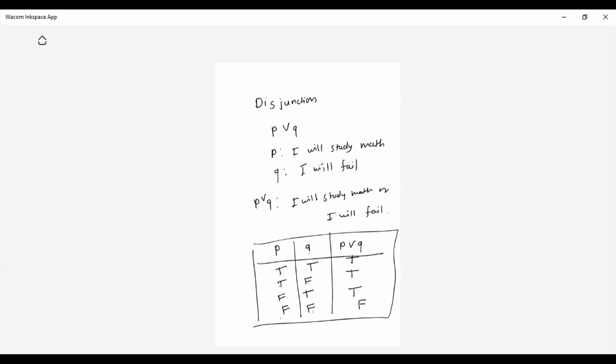Now we will solve a simple table. If I ask you to find P and negation P, quickly tell me what the answer would be. P, negation P you will have, then P and negation P. So P: true and false. Negation: false and true. Now P and negation P. So true, false is false. False, true is false. Likewise, you will find it out.